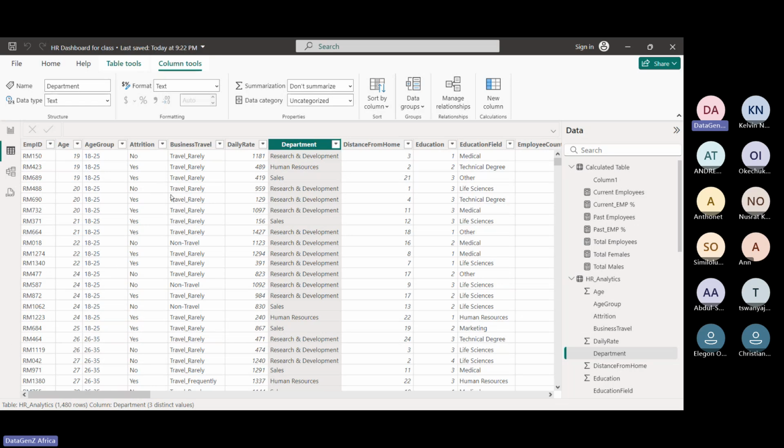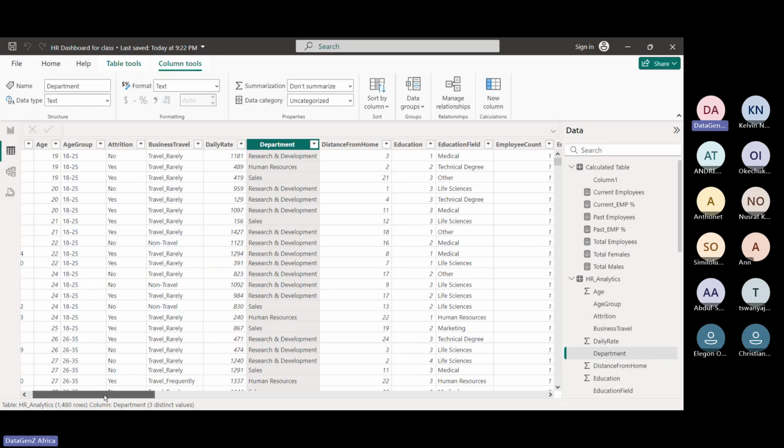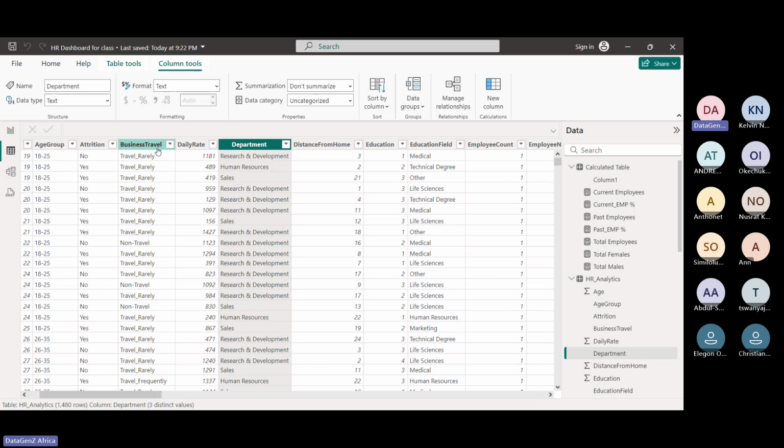All right, this data set has over 20 columns, right? So there are so many other things. You have here people that travel, daily rates, distance from home. There are so many things to analyze here. So based on your objective, that forms what you want to analyze. And then you can structure your dashboard in such a way that you can have it